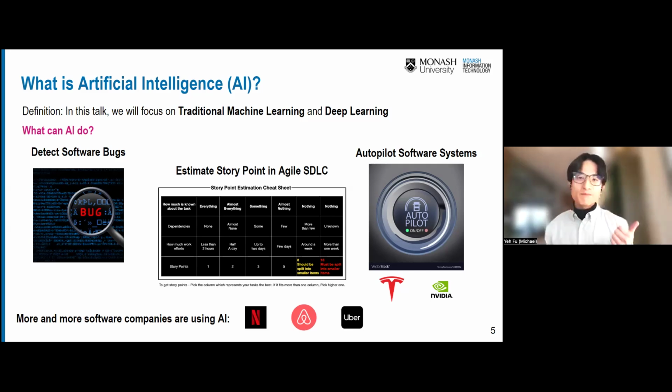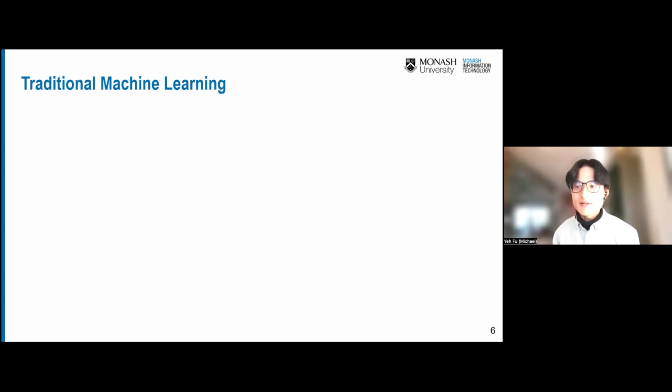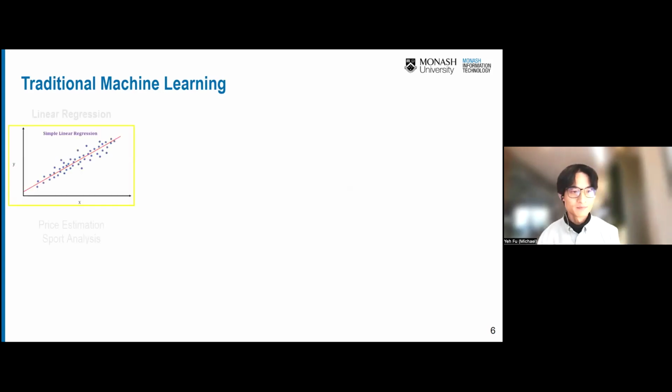And for Airbnb, it's the same thing as Netflix, but they are not optimizing the movie. They are optimizing where you live during the holiday, right? And for Uber, we optimize the route from destination to destination, so the driver can drive their passenger smoothly to their destination.